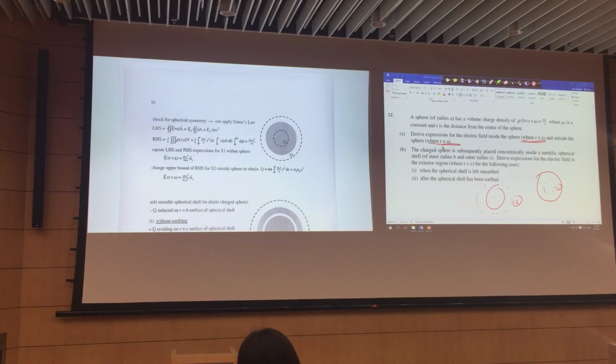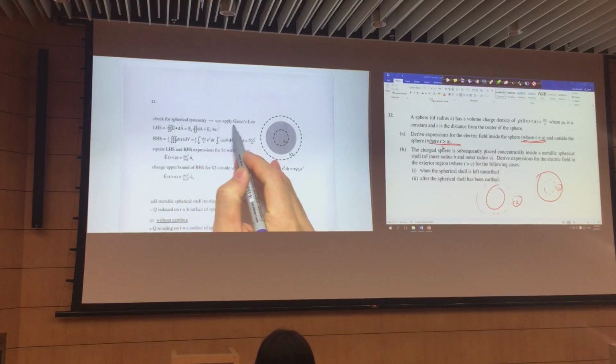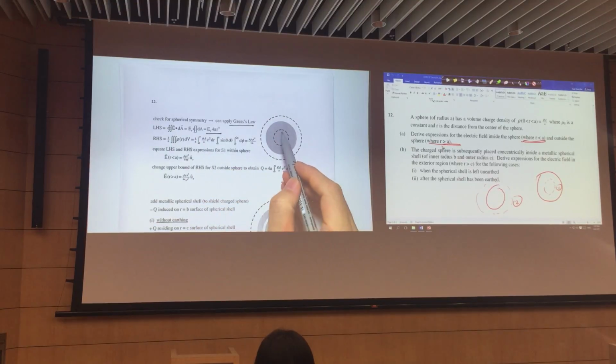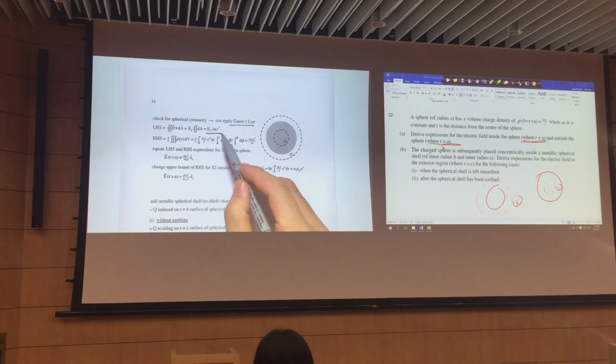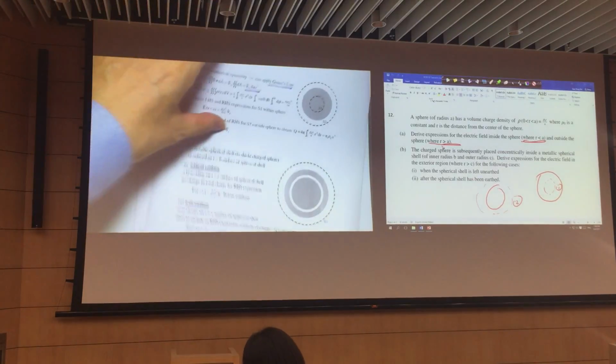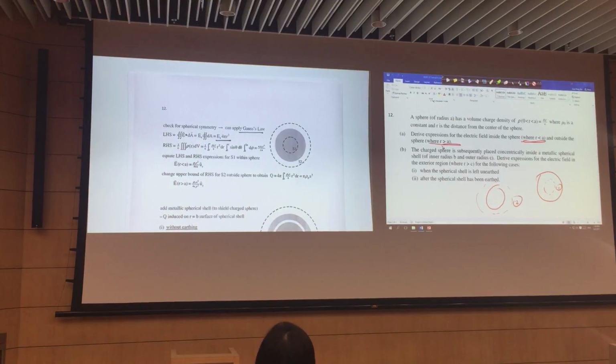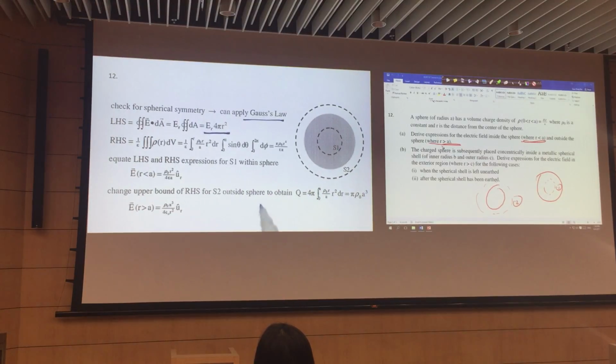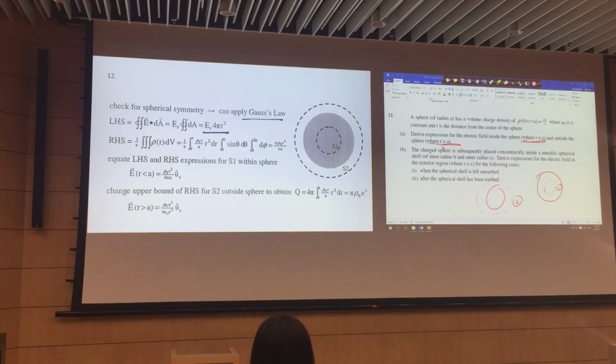Now, for this one, as mentioned, the left-hand side in the spherical system. By using Gauss's law, for region 1, the left-hand side, no matter whether region 1 or region 2, is always the same. So then how about the right-hand side? For instance, for this region, the right-hand side